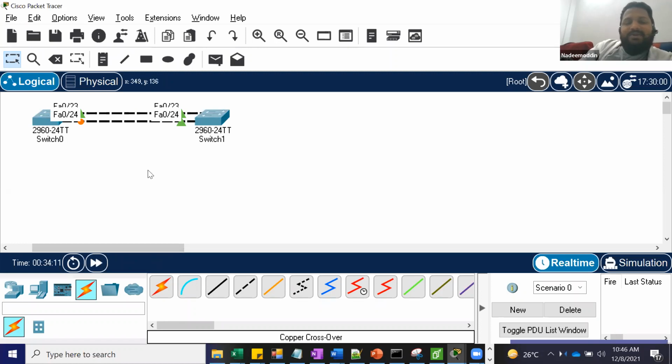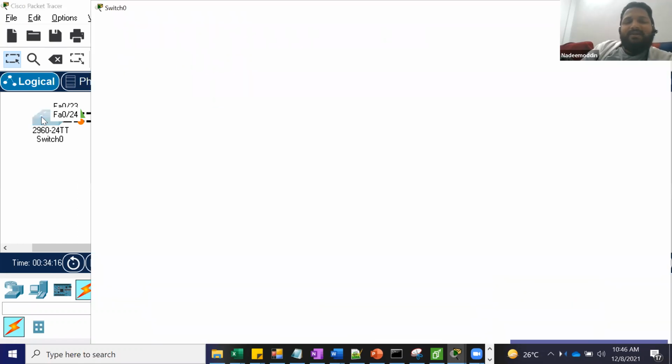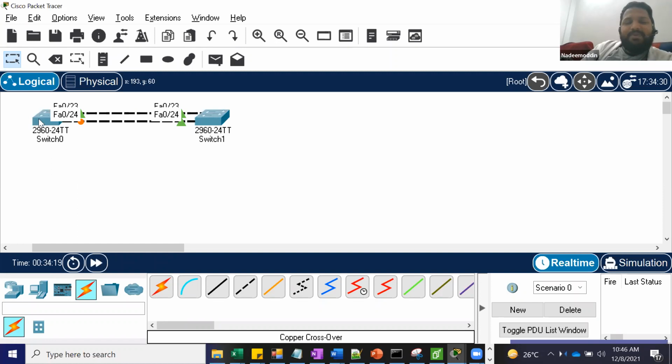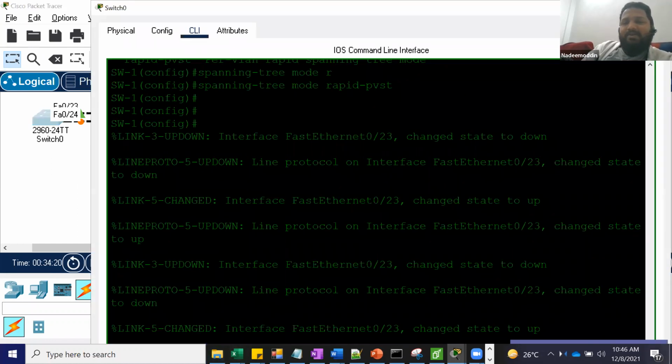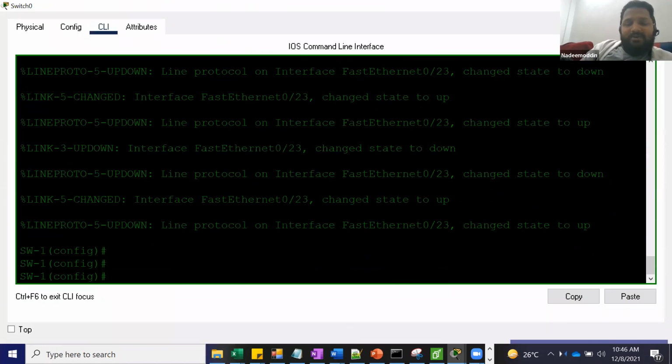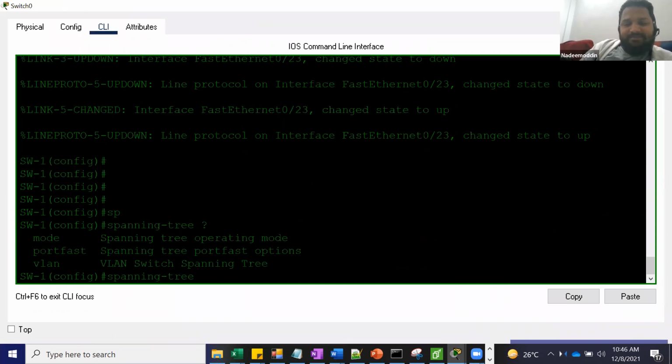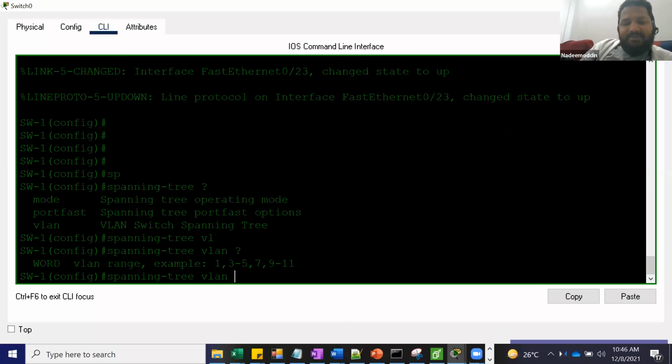Okay, now my question is, can I make this switch a root bridge? Yes, you can make that. How to do that? Let me show you. You need to go to the switch which is the non-root bridge. Go here, spanning tree VLAN. By default, spanning tree will be per-VLAN. VLAN 1 will have its own spanning tree, VLAN 2 will have its own spanning tree.